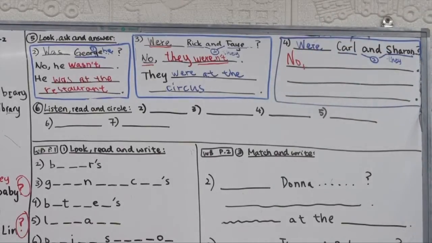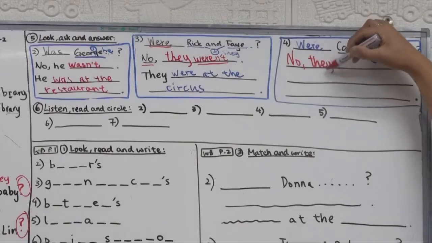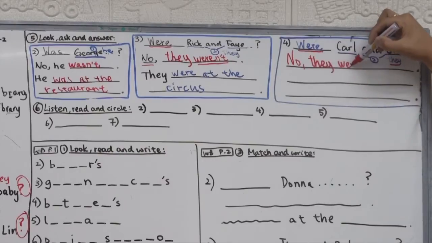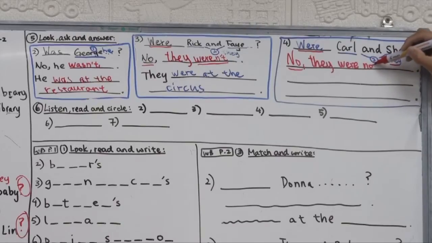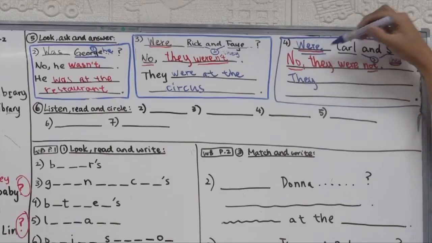Okay? No. Then of course we have Carl and Sharon, they. So no, they. And for they we use were. So no, they were. And of course we have the negative. So no, they were not. Or no, they weren't. No, they weren't, or no, they were not. And then lastly, you have to write down where they were. So you write down, again, we have they, so write down they. Then we have were for they, so they